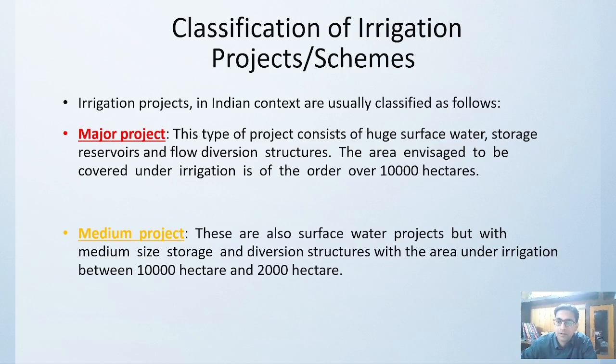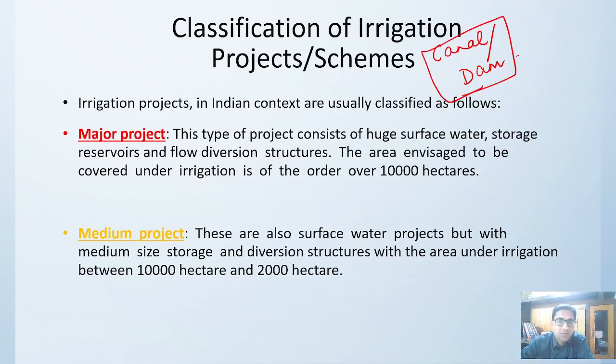Now we are moving towards the next topic of discussion: classification of irrigation projects, and then we will be discussing some of the schemes. In India, we have three important classifications of irrigation projects. Some irrigation projects are very, very big, massive scale projects. Normally, you can call them a canal system or a dam system,